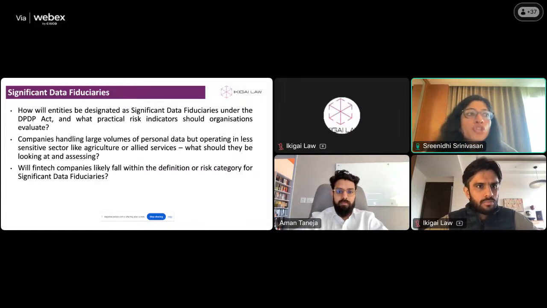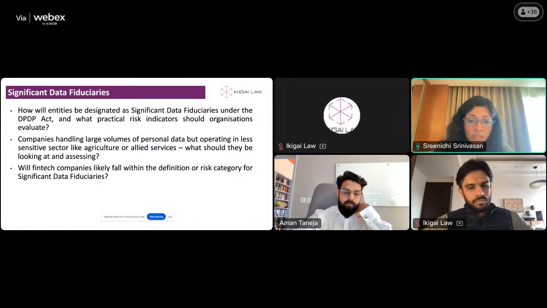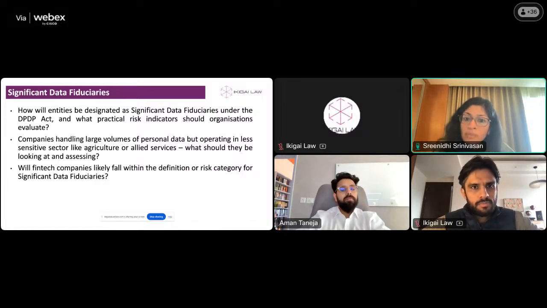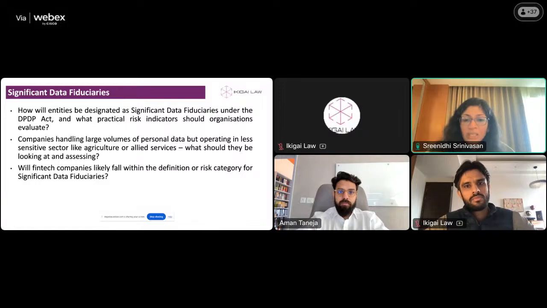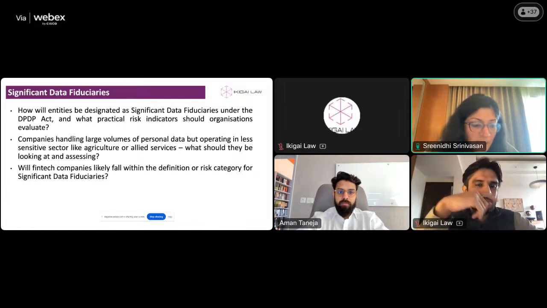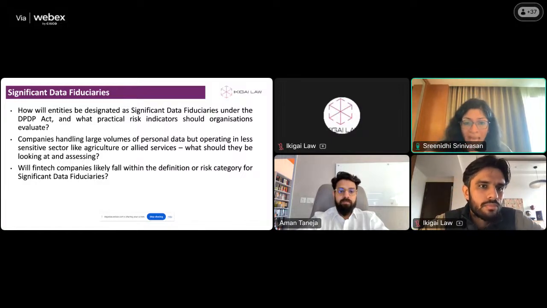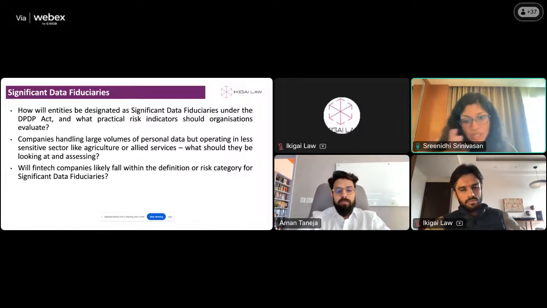I think where it is possible to have very clean demarcations between product lines, and these operate entirely as distinct units within a larger company, you could still make a stronger argument that it is a particular product or a business line which is an SDF. I'm not saying that that is necessarily supported by a strict reading of the law, because it just says company, fiduciary or class of fiduciary is designated as an SDF, but that makes most sense to me. That sounds more reasonable, where you can clearly demarcate products.